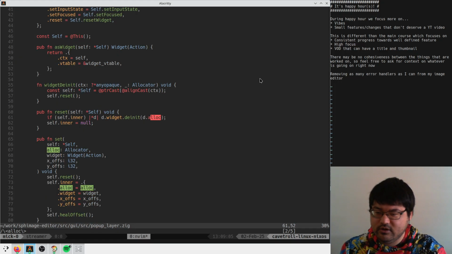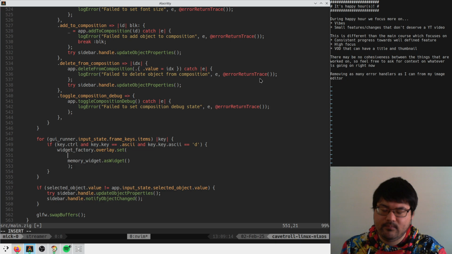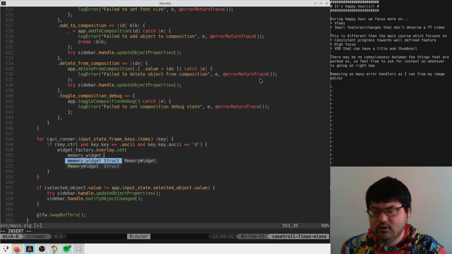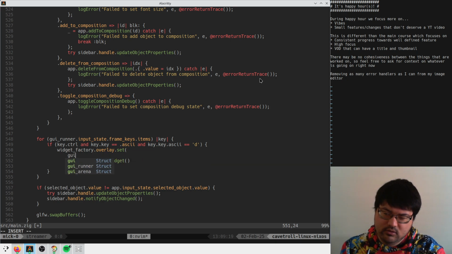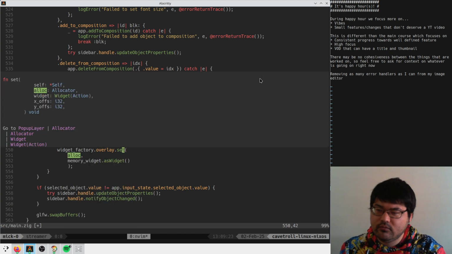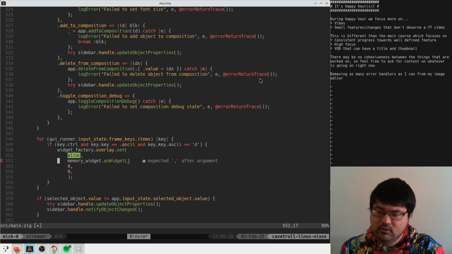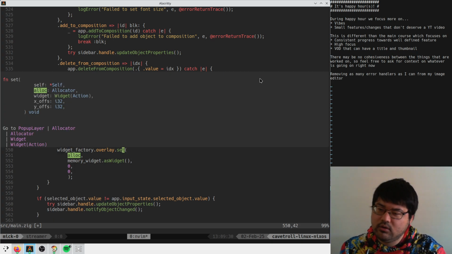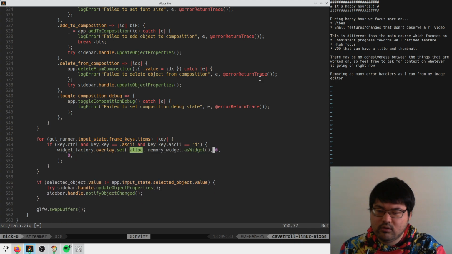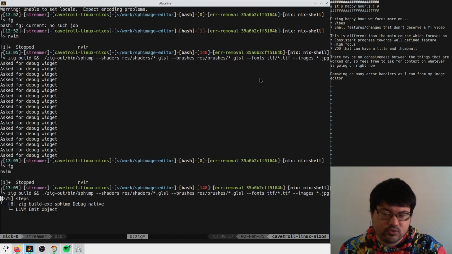Alloc. What is this allocator used for? Oh, just for denuding the widget. I see. So this doesn't really matter. That's fine. Doesn't matter. Okay, so the widget and then X offset and Y offset. Sure. Okay. So now when I press Control D,